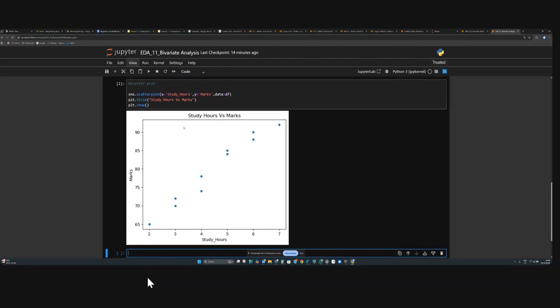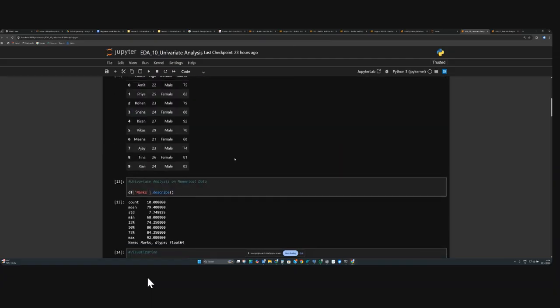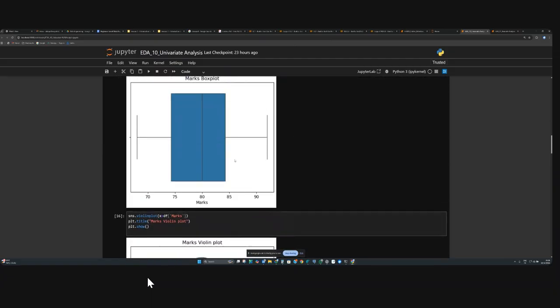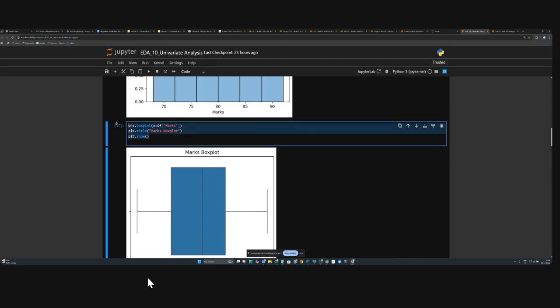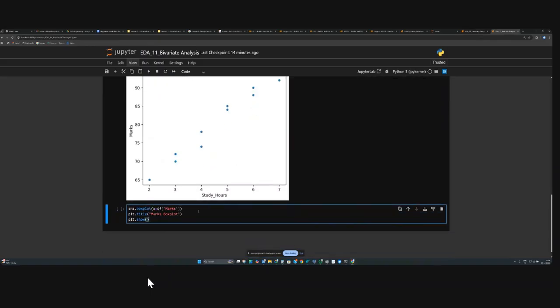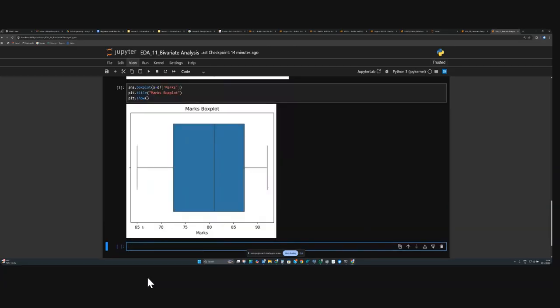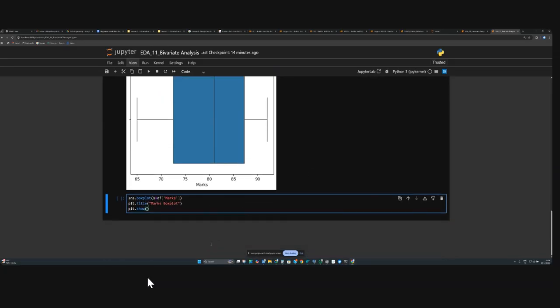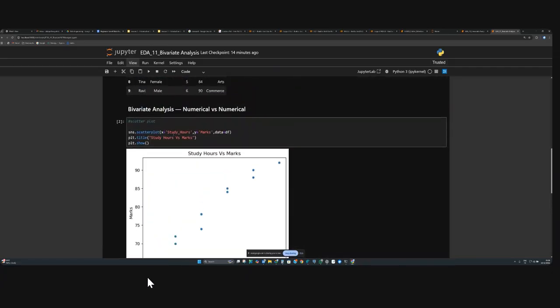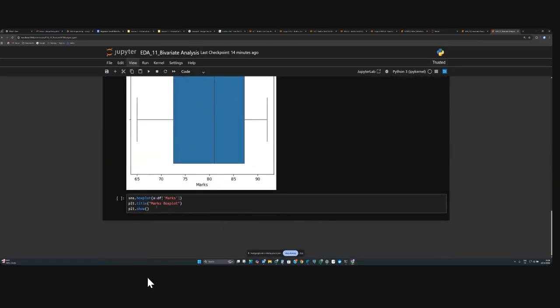Okay, so this way you can find out, or you can also do the... I'll just copy this for now. Okay, marks. Okay, so it starts from 65 to 90. Okay, so what is the other one? Study hours, right? Just copy the label and I'll put it here. Study hours,